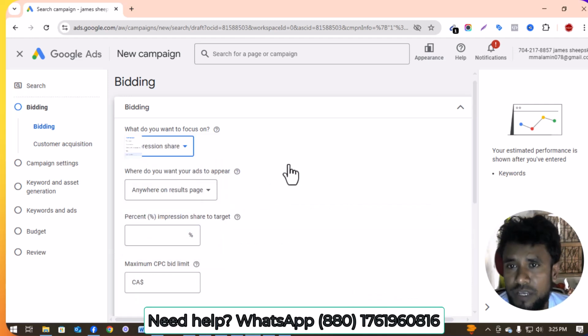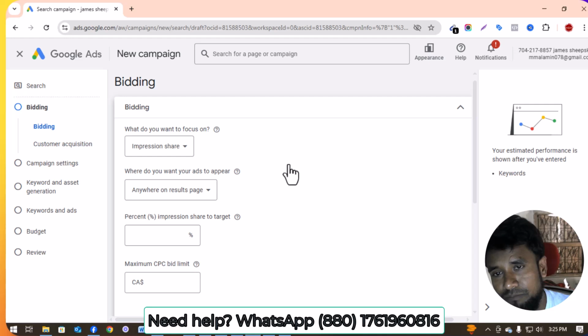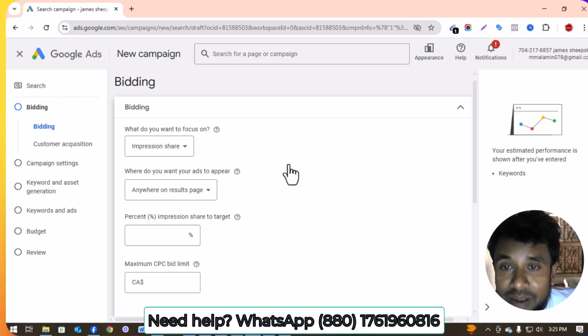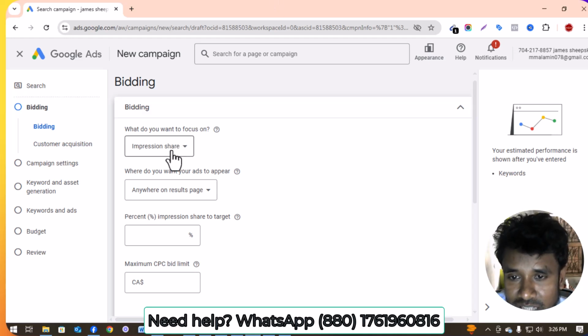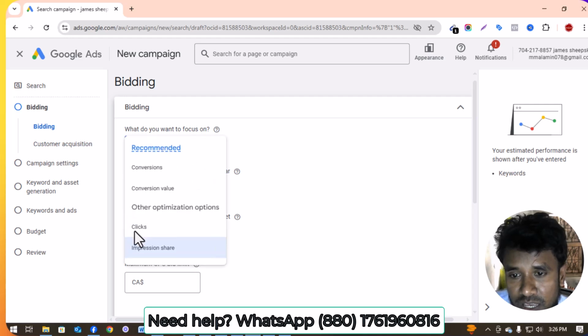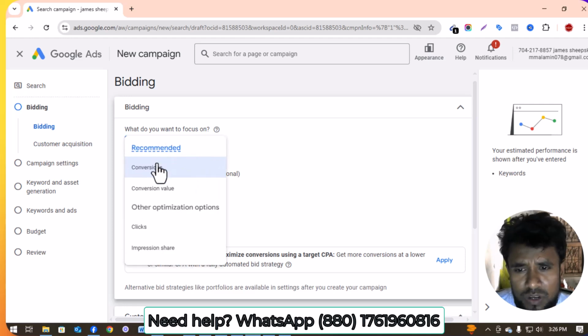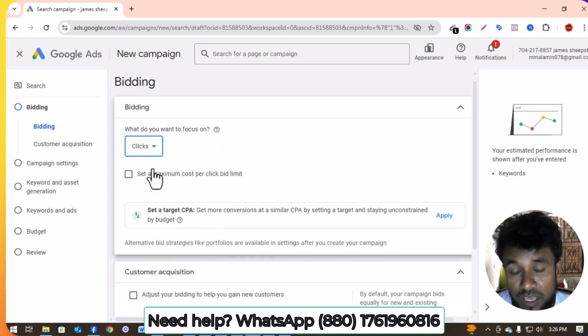If you only want impressions, then you can select impression share. Normally this bidding strategy is used for brand promotion, brand awareness. But if you want to get sales, then you have to select conversion. Or if you want to get only traffic, then click traffic, and after clicking traffic you can set your